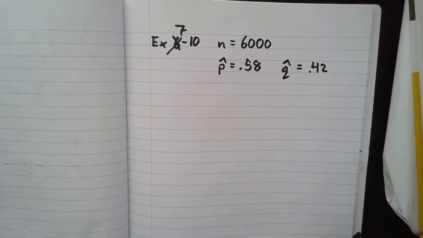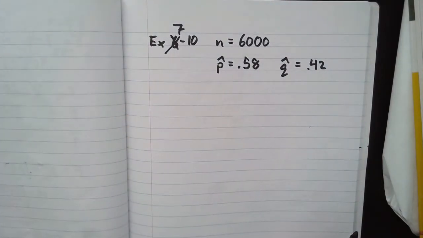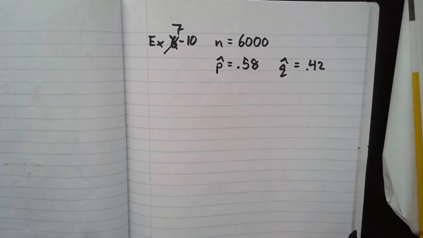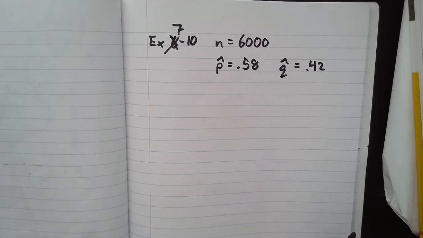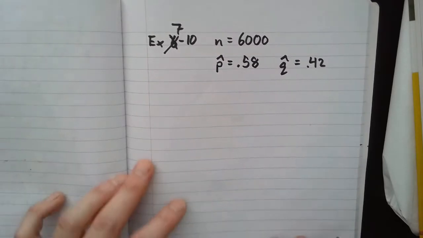All right, so that basically was almost entirely it. The only other thing that we should probably check for in each one of these is that we satisfy the conditions: n times p hat greater than or equal to 5, and at the same time n times q hat greater than or equal to 5. So what does that mean? In other words, we need a sample size sufficient such that we have at least 5 successes and at least 5 failures. If we don't have that, no matter how large our sample is, the results are not going to be accurate.